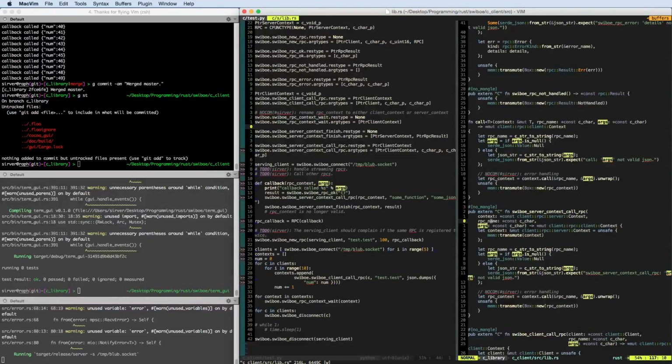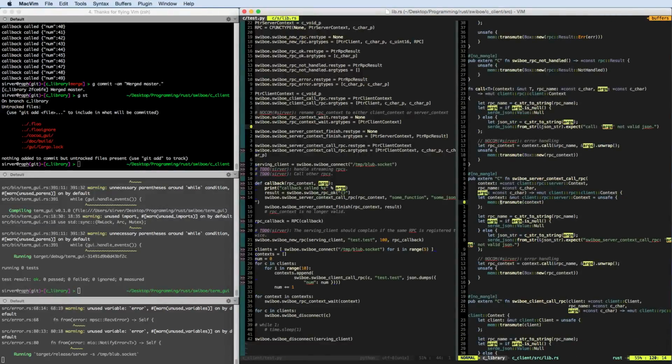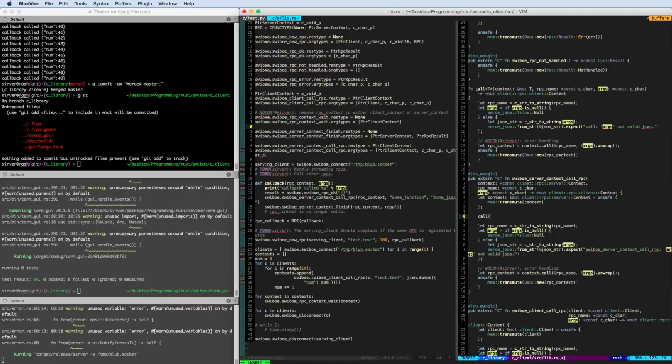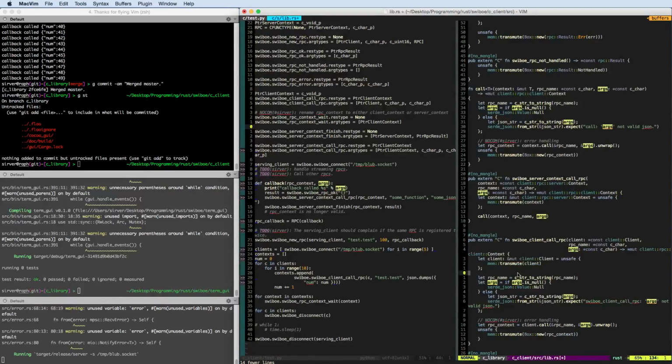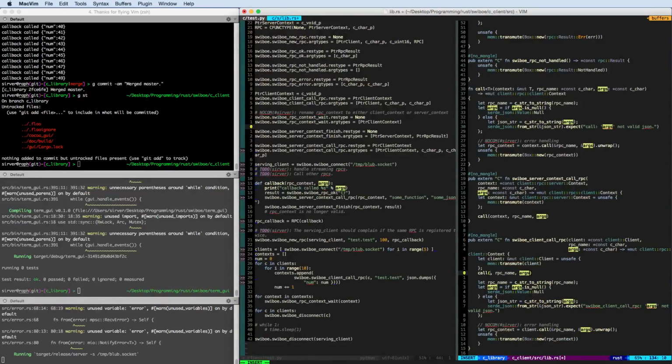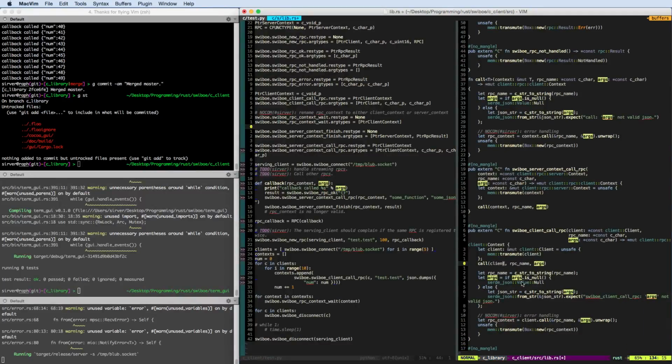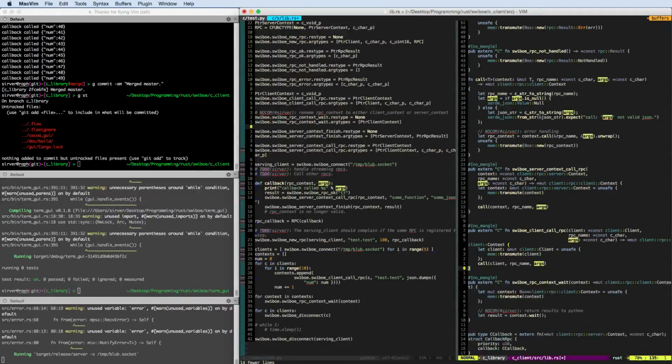And then it does a context.call, it takes this, and returns the box. So that seems correct. So in this case here, all we need to do is we have the context here, and then we should do something like call mutable context. Actually, that is already a mutable reference, so we just pass the context and the RPC name and the arguments. And then all of this goes away, because that is duplicated, and the same down here. Instead of the context though, we use the client, and this goes away too. And now actually I believe that it will not work,